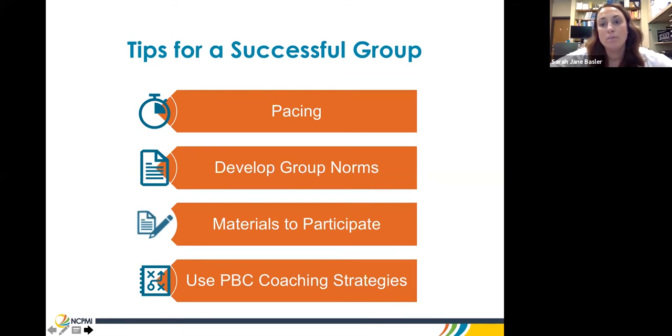With a group of 5 to 8 participants, it can be really tricky to balance getting teachers to participate but also being able to get through all the items on the agenda. You really want to allow time for teachers to connect, share their thoughts, reflect, and give feedback. So it was really important that we try to adhere to the times.